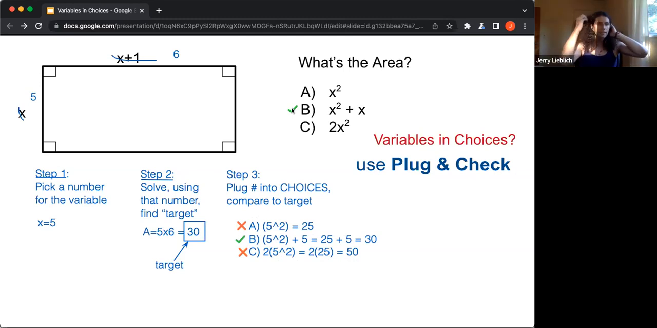This is a way that we can take problems that might be way more complicated than this one, where the algebra might be intimidating, or the setup of the problem might be really complicated, and by plugging in these numbers, make it so much easier. So we just pick a number, solve using that number, and then plug the number into the choices and compare to our target value. Now, I said it's important to plug into all the choices,